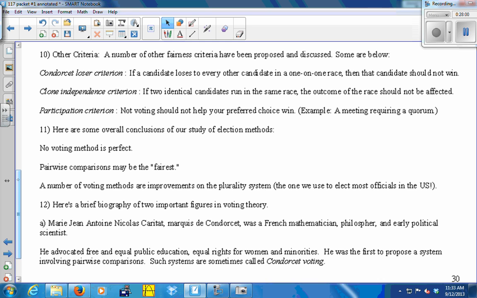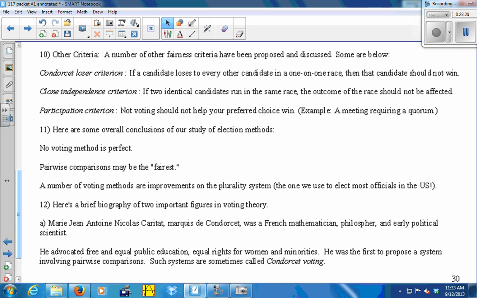And a number of other fairness criteria have been developed and discussed. We have studied 4 of them in depth. This is just a few more. I just wanted to show you because it's kind of interesting trying to decide what makes an election fair. So this first one is called the Condorcet loser criterion. So it says that if a candidate loses to every other candidate when you do all the head-to-head matchups,